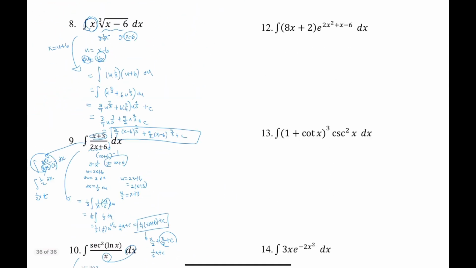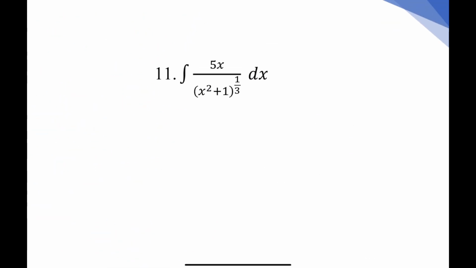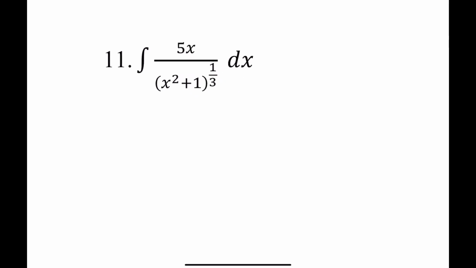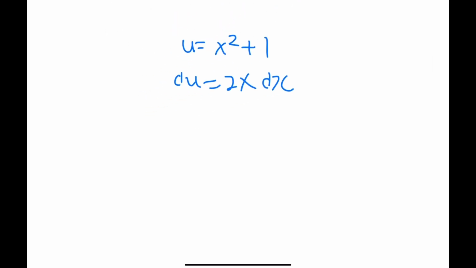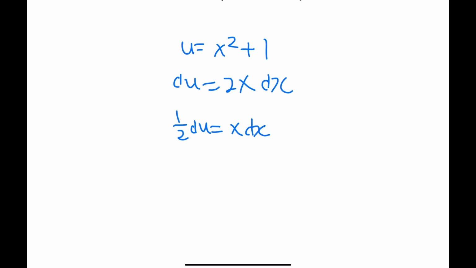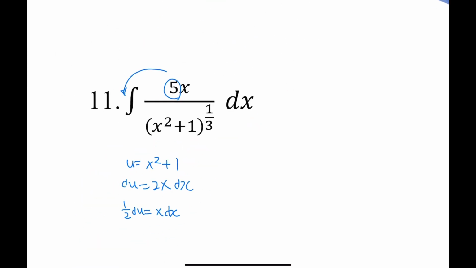Pretty simple, right? And then number 11 is a little bit more complicated, it seems. But we know the inside function, which is u equals x squared plus 1, du equals 2x dx. We already have a form like 5x. That's a similar form except for the coefficient. So let's just divide everything by 2. 1/2 du equals x dx. Okay, so I'm going to put the 5 outside the integral. So 5, and then we also have 1/2, right? And then we have our u value, u to the -1/3, and then du, replacing x dx,